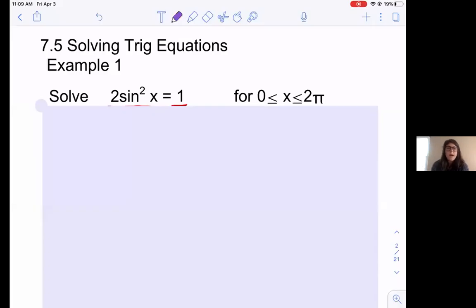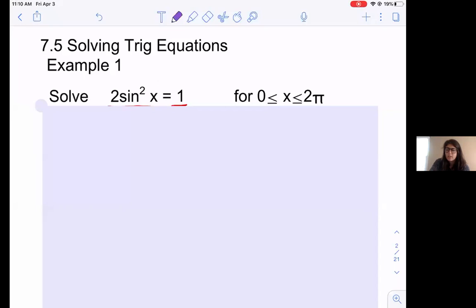All right, so this last video for Unit 2B is solving trig equations. This is kind of where it all comes together. You can use all your trig identities to help you substitute certain things in. And then you're also going to need to know inverse trig because you're solving for an angle measurement. Okay, so the whole goal is to get that x by itself, but you have to get it out of